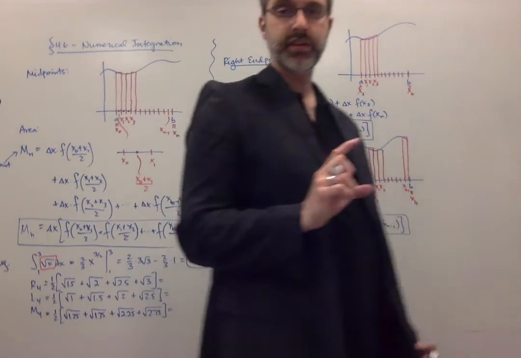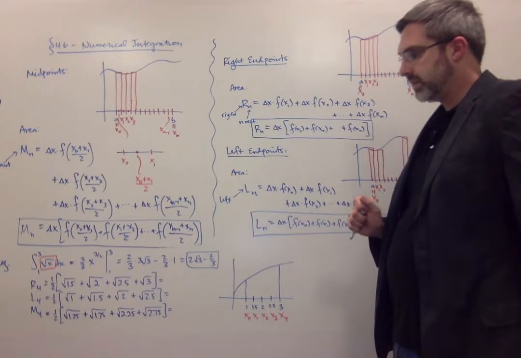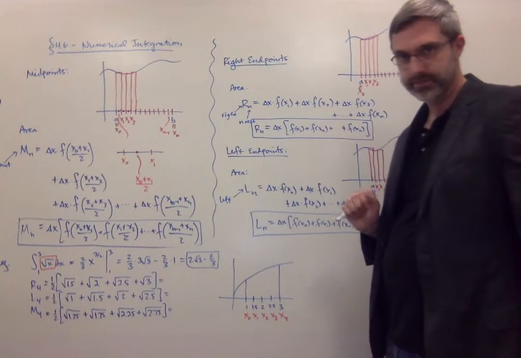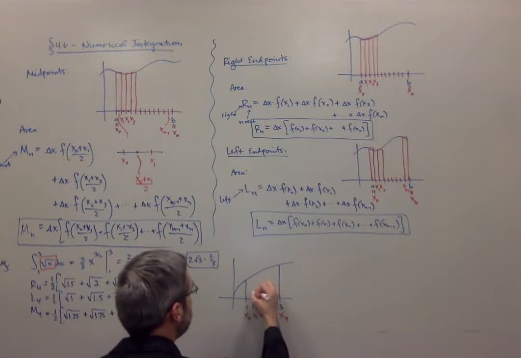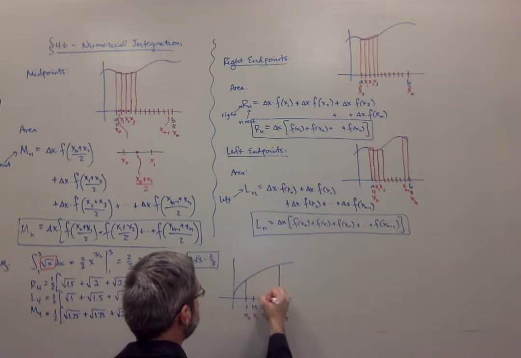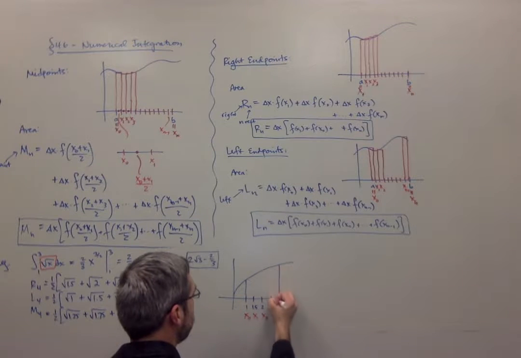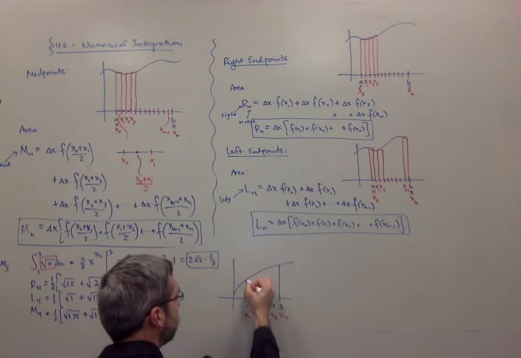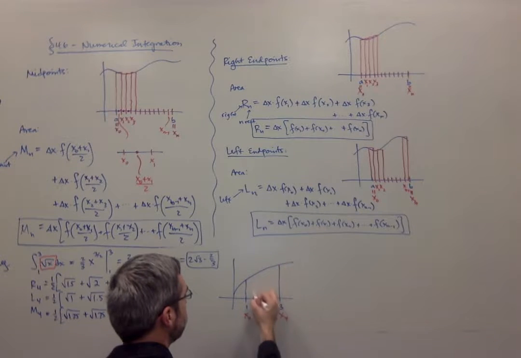Can you guess which one's going to be closest? It's actually going to be M4. And the reason is, if I actually draw the right endpoint one, it is going to be an over approximation. All of the rectangles are over the area. Left endpoints is going to be an under approximation because all the rectangles are under. But if I use midpoints,